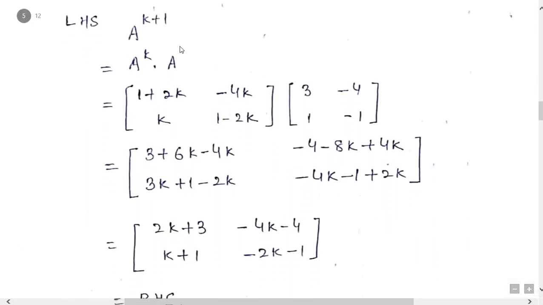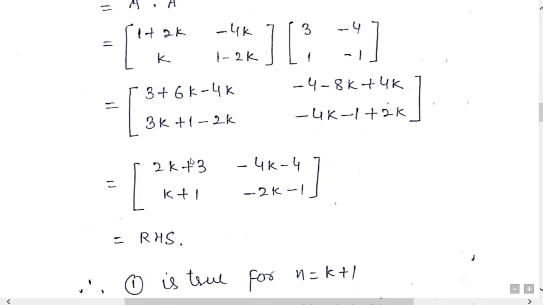Now start from the left hand side. You can write A raised to power k plus 1 as A raised to power k into A. Then insert the value. Then simple multiplication: first row first column, then first row second column, second row first column and second row second column.